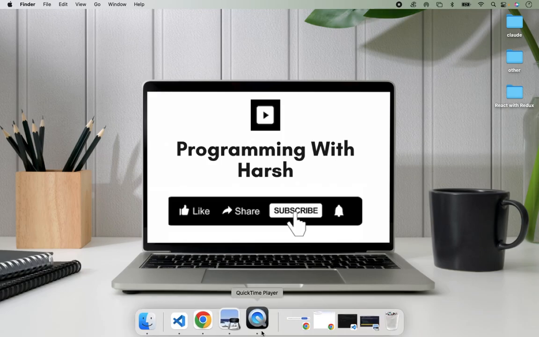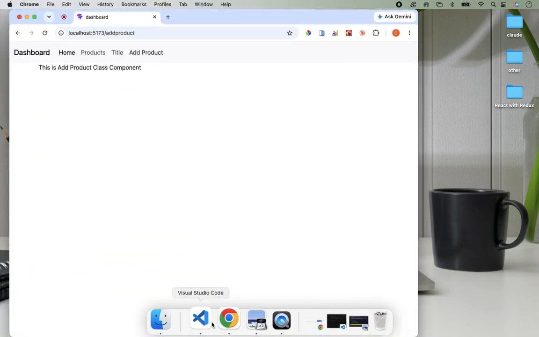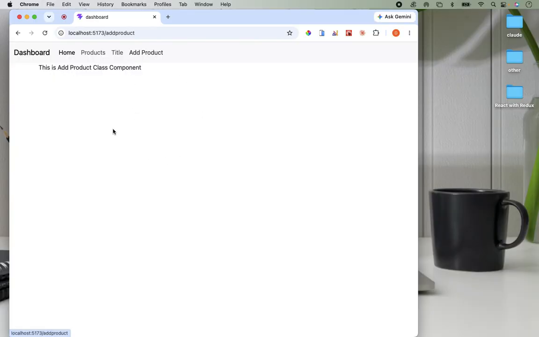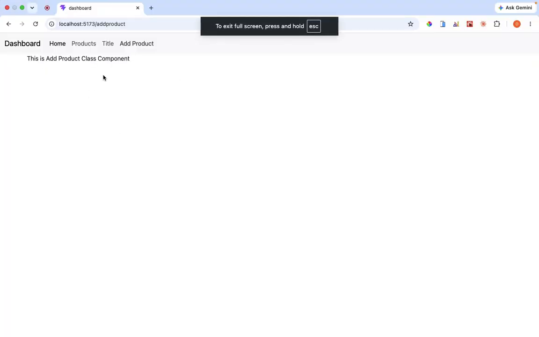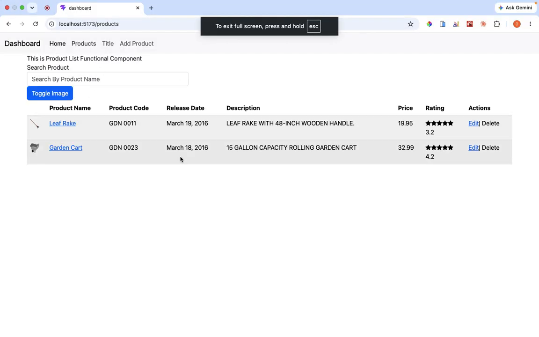In today's video, we will discuss how we can create the add product form using React.js. React.js is a JavaScript library, so we can directly use the HTML inside it. Right now, if you can see, this is the dashboard. In products, I'm just displaying the list of the products,